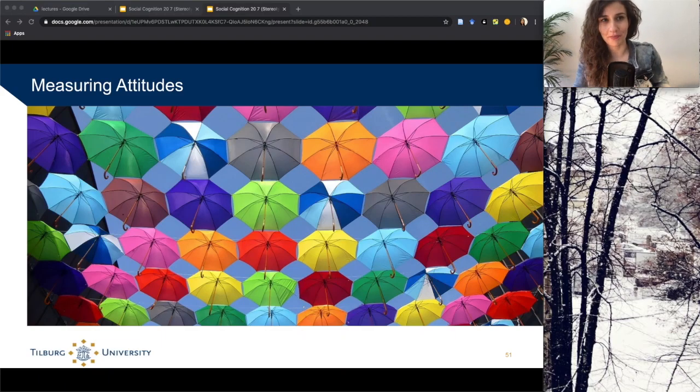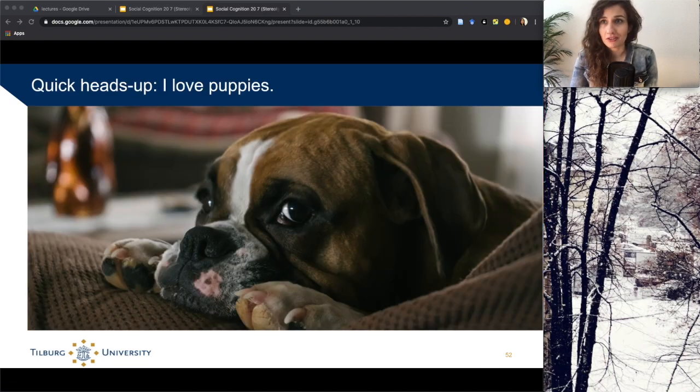Okay, last topic for this lecture is taking a deep dive into how we can actually manage to measure the attitudes that people have in terms of prejudice. So instead of talking about stereotypical beliefs, let's specifically talk about prejudice, so the attitudes that people might hold based on stereotypes.